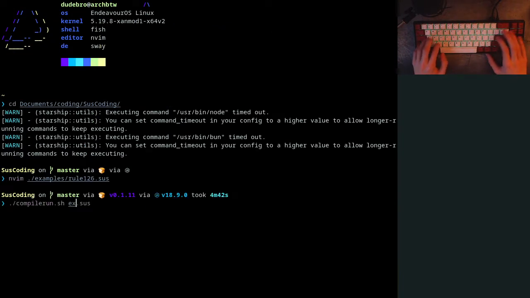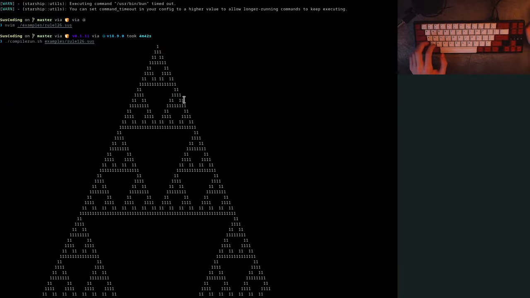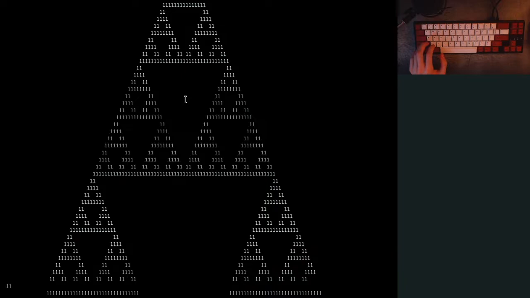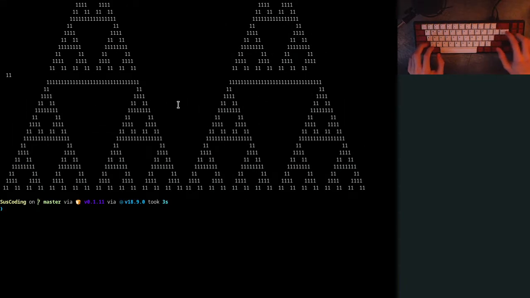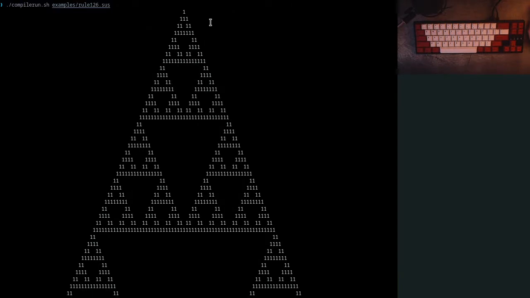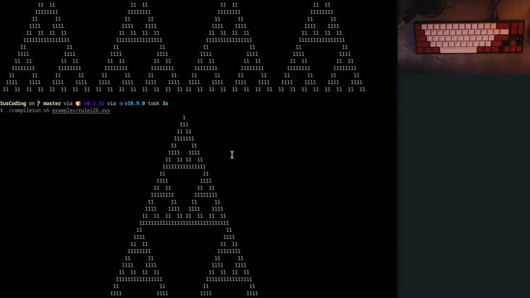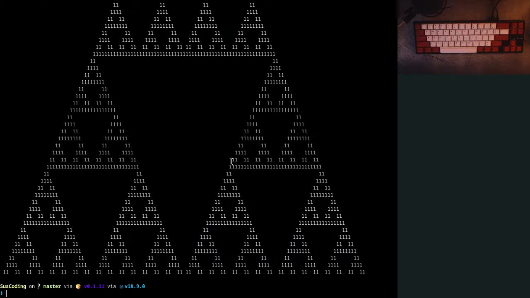If I go to examples and run this, it's got a bit of a cold boot, just because I just started up my computer. And this is what it looks like. It generates kind of a big triangle. And if you're wondering why this one looks a lot cleaner than the previous one I was doing,